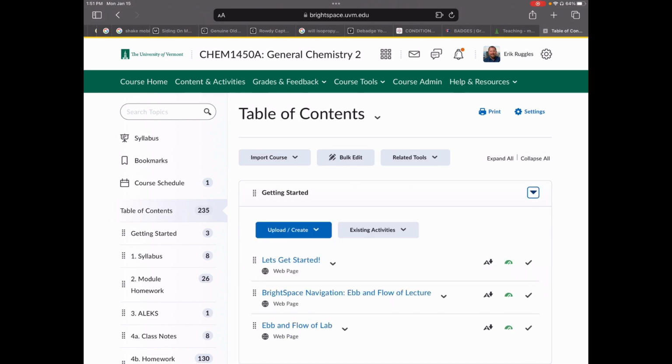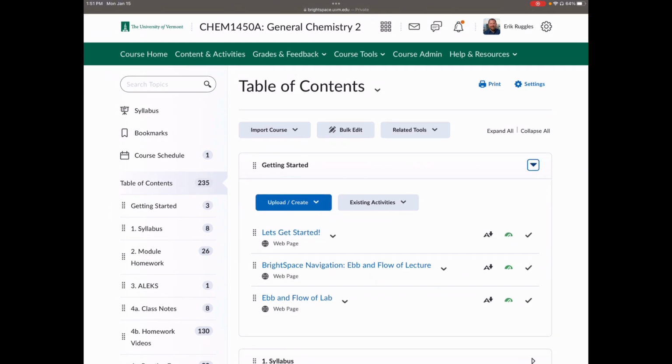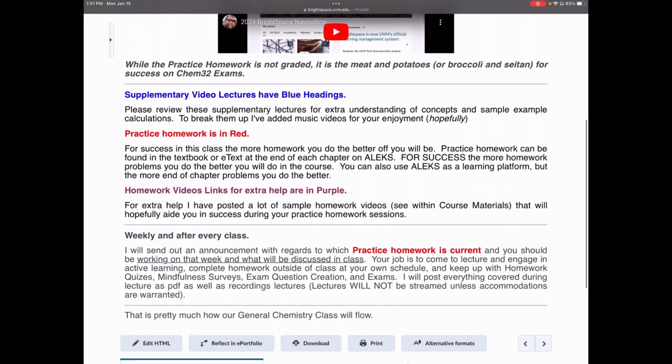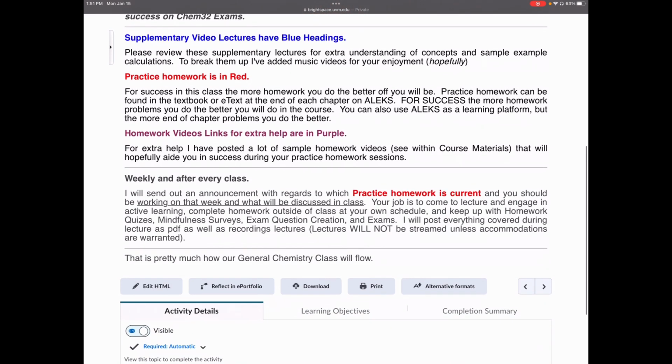So we get into getting started and really look at this ebb and flow of what's happening. This is what we see at the very bottom: each assignment, throughout all of those modules, is broken into 3 different sections.